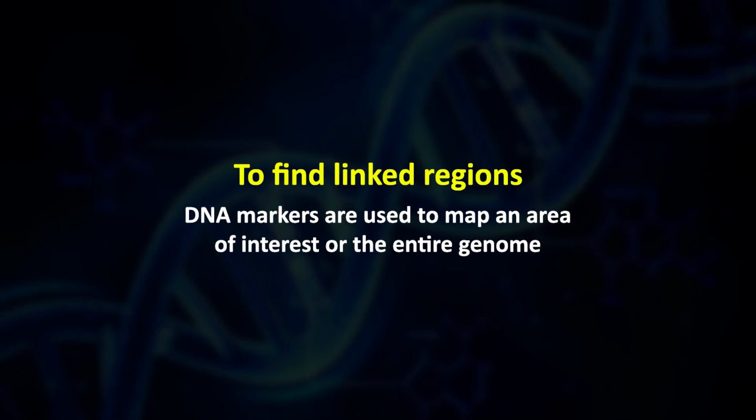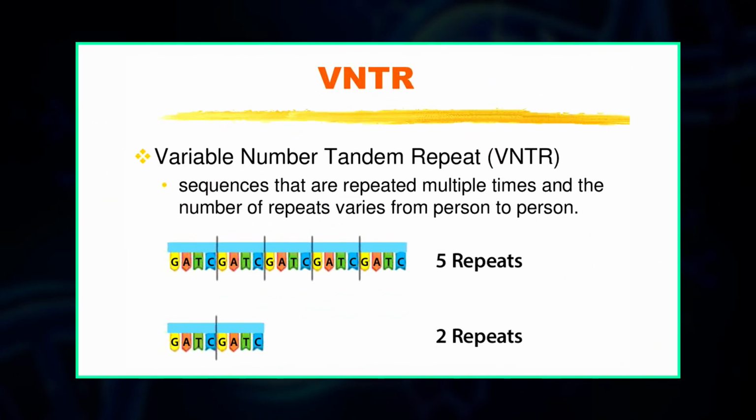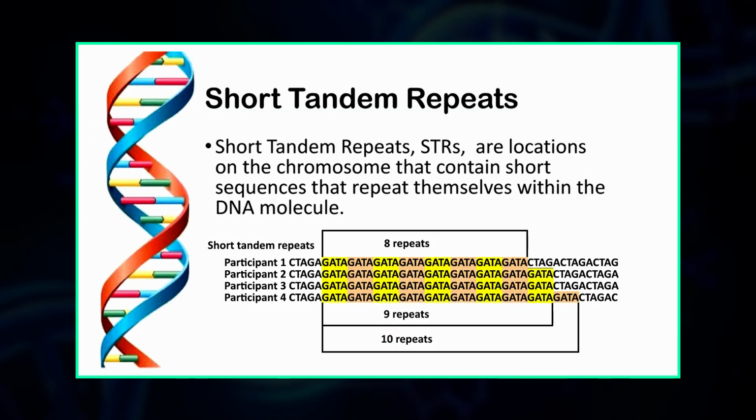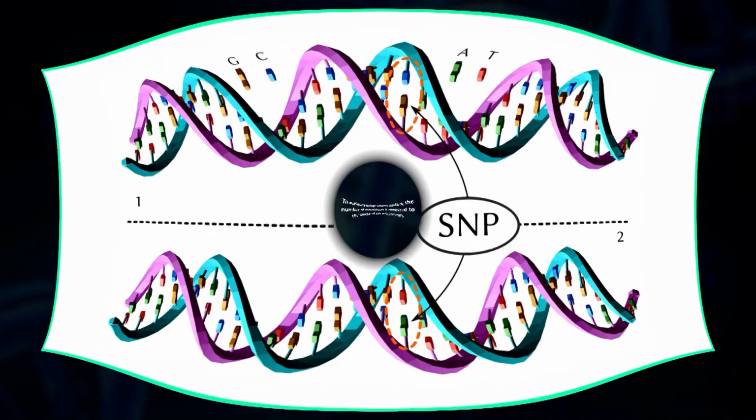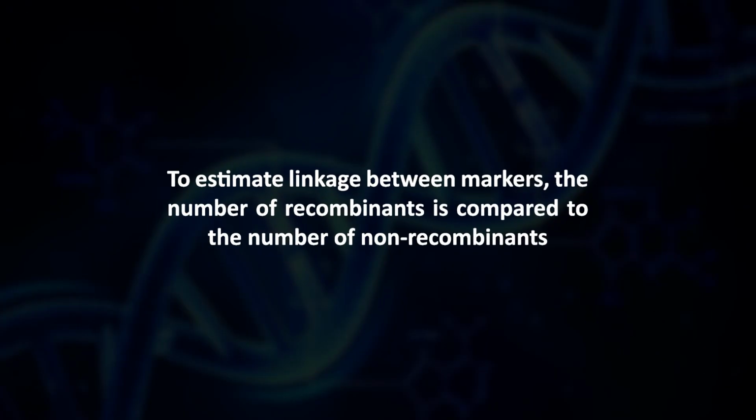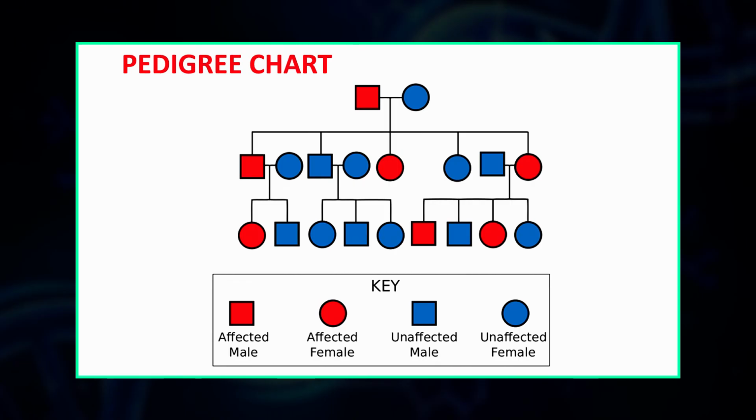To find linked regions, DNA markers are used to map an area of interest or the entire genome. These markers can be VNTRs, STRs, or SNPs. To estimate linkage between markers, the number of recombinants is compared to the number of non-recombinants. The occurrence of few recombinants would indicate that the two loci are closely linked. Since it's not always possible to detect recombination due to an uninformative type of mating, the overall likelihood of the data